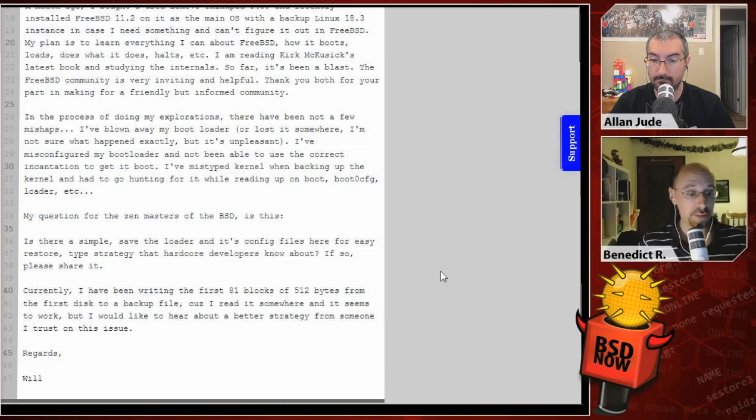In the process of doing my explorations, there have been not a few mishaps. I've blown away my bootloader. Well, we've all been there. Or lost it somewhere. I'm not sure what happened exactly, but it's unpleasant. I've misconfigured my bootloader and not been able to use the correct incantation to get it to boot. I've mistyped kernel and backing up the kernel and had to go hunting for it